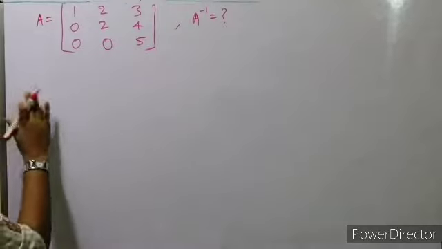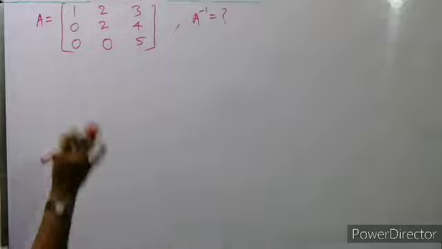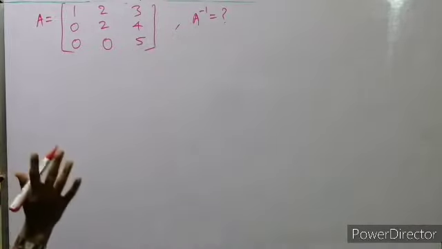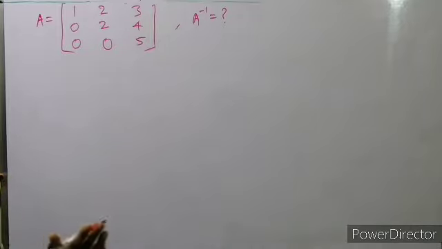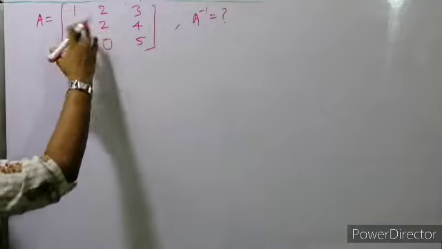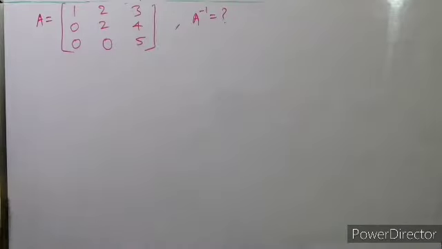So we have a matrix A given, and this is a 3 cross 3 matrix, and we have to find the inverse of the matrix A. So first of all, we'll find the value of the determinant. Before finding the determinant value, we'll find the minors. Because for the determinant, we take any one row and multiply its minors with the numbers, and we get the value of the determinant. So first of all, we'll find the minors for all 9.